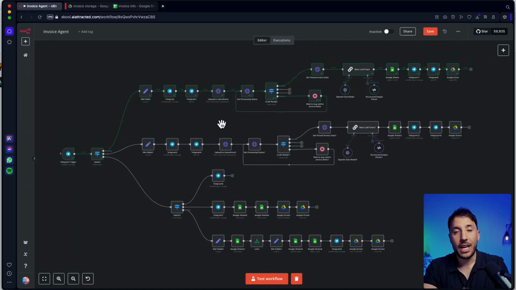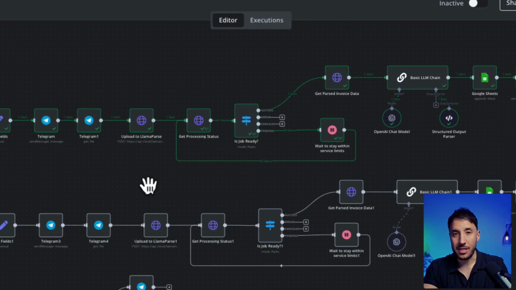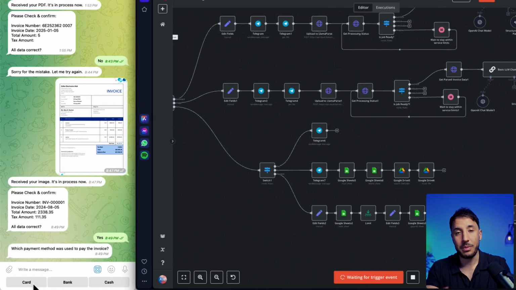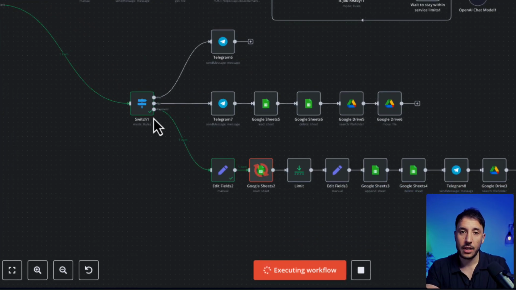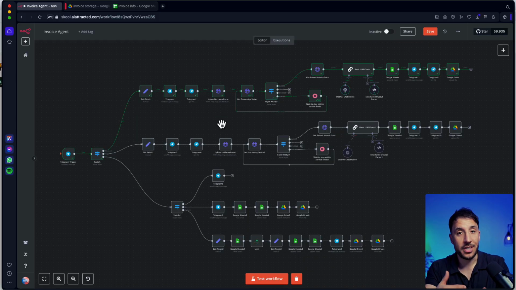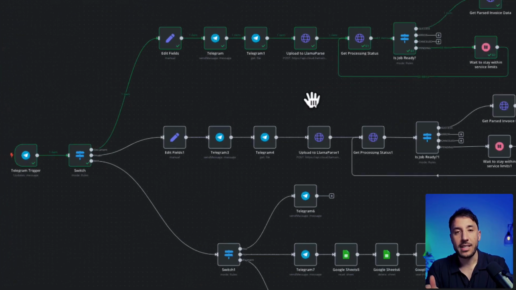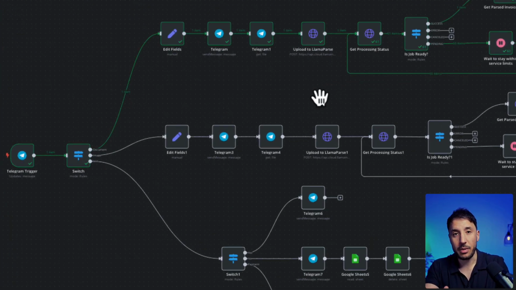In this video, I'm going to show you how to completely automate your invoice processing with the human in the loop approach, meaning that you will have the ability to interact with this automation right from your phone. This will be a step-by-step process, meaning once this automation processes one step, it's going to wait for your response to make sure it understands your decision before moving on to the next step and processing the next step of this automation. So I'm going to go ahead and start with a demo,